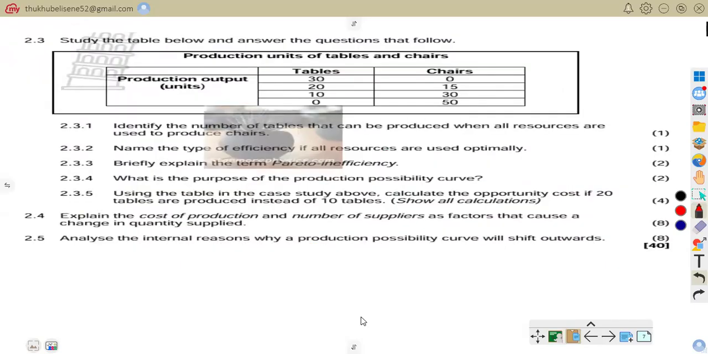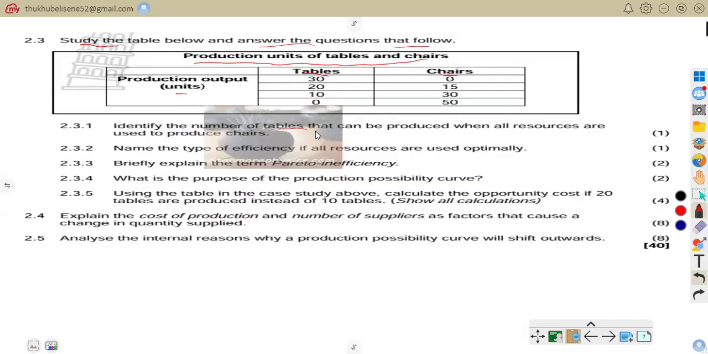2.3 says, study the table below and answer the questions that follow. We have production units of tables and chairs. So the production output units, we have tables as well as chairs. The question now says,